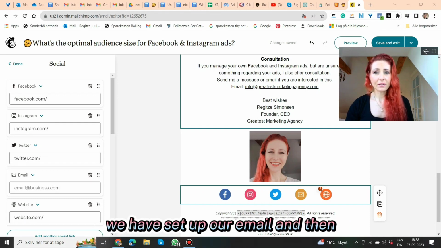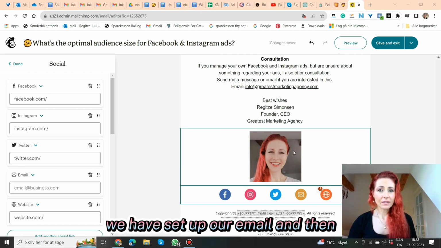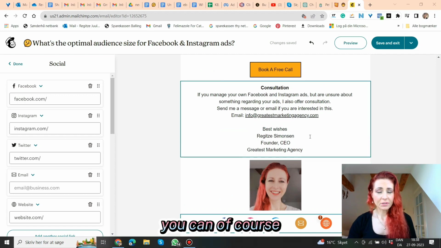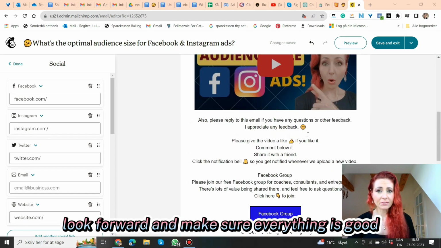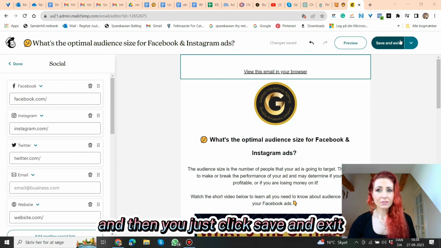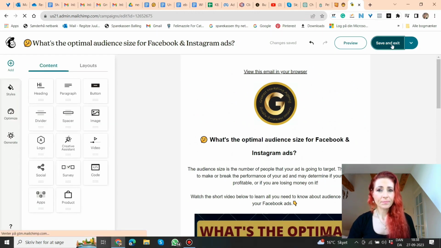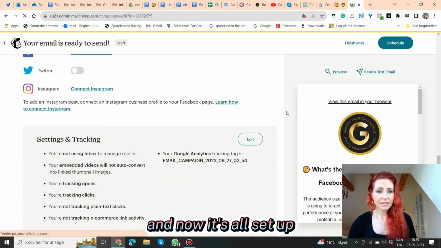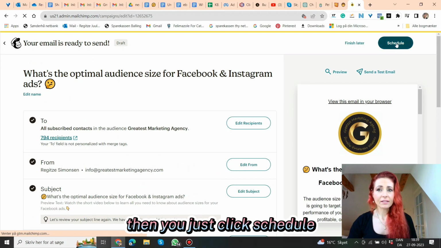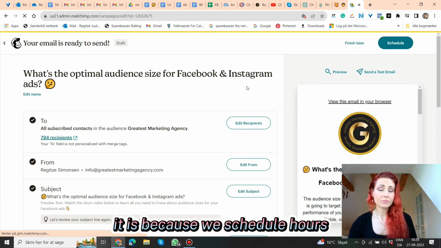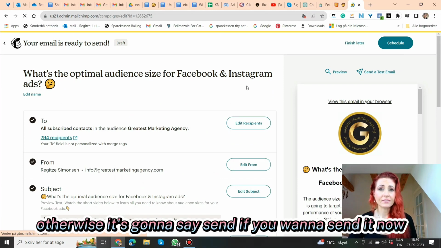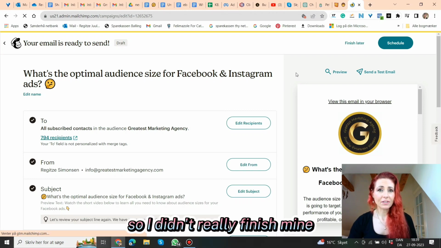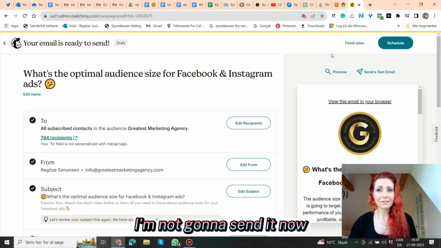We have set up our email, and you can of course look through it and make sure everything is good. And then you just click Save and Exit. And now it's all set up. Then you just click Schedule, because we schedule ours, otherwise it's going to say Send if you want to send it now. Since I didn't really finish mine, I'm not going to send it now,